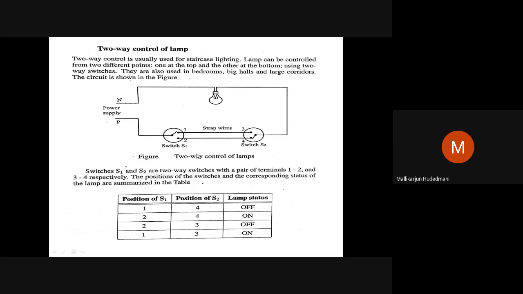So by looking alone we can make out the size of these, and a small difference in mounting mechanism, and there must be some identification that this is not an ordinary switch like that. So whatever that is, I require two-way switches, and I require to connect them in this manner.